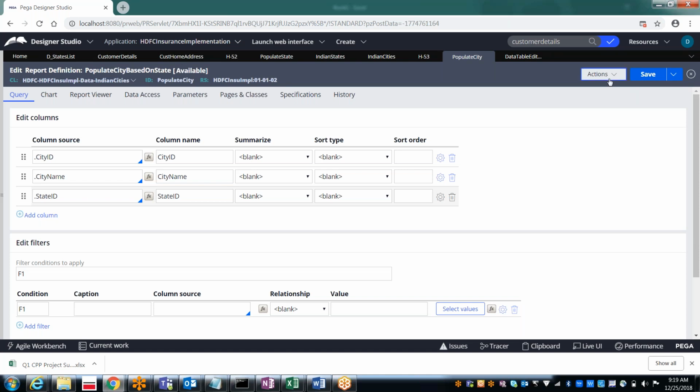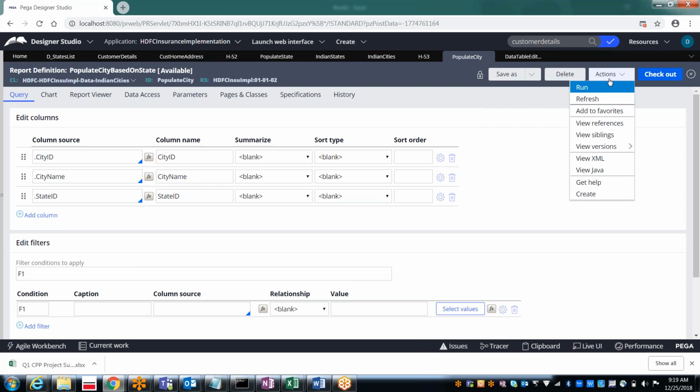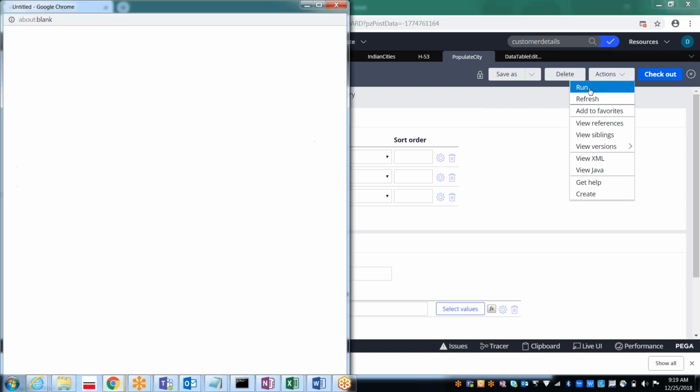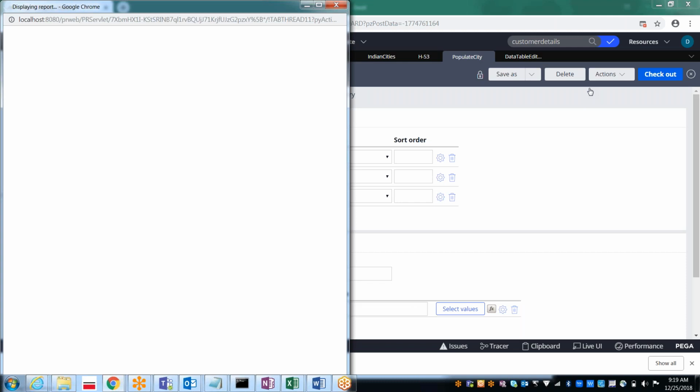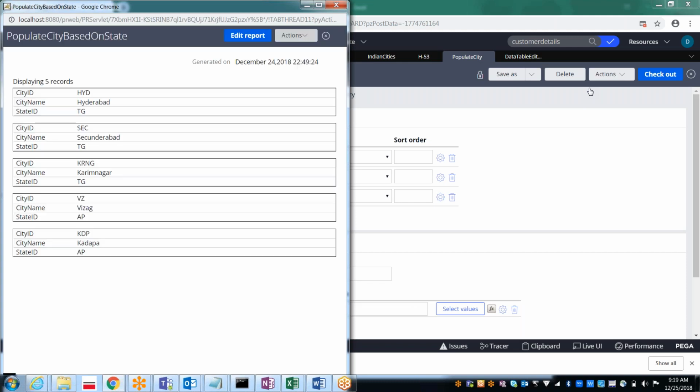Actions. If you want to run this, go to actions and then run it. See, totally we have 5 records in the city data type, so all the 5 records it is showing.